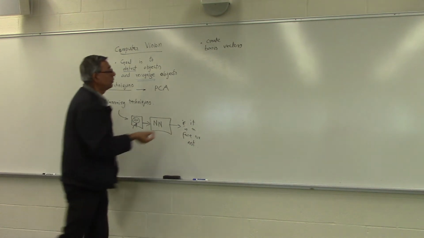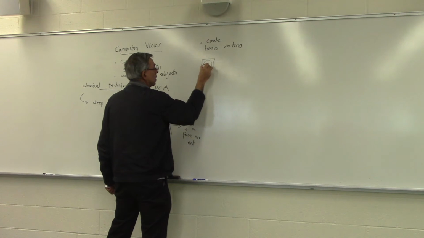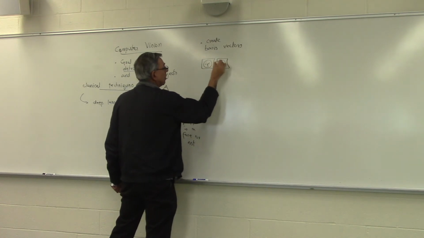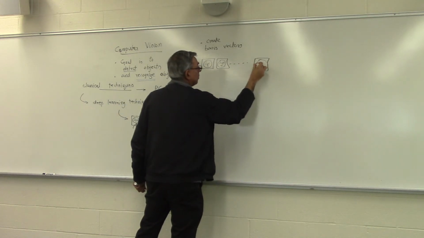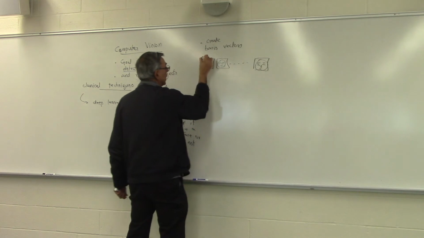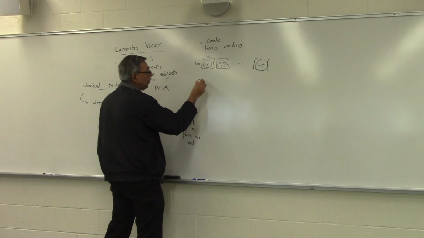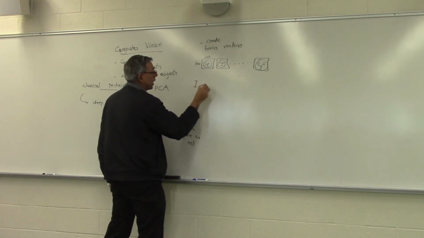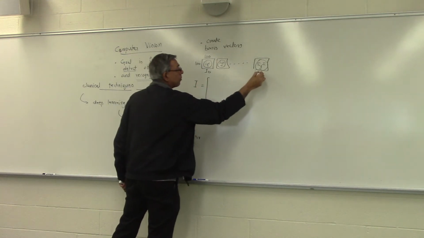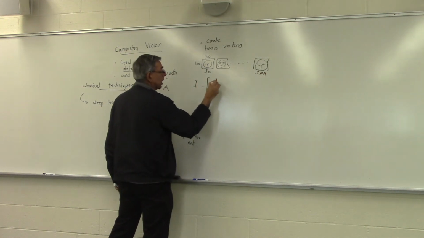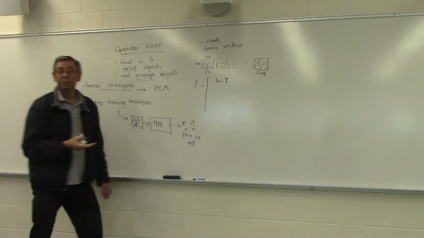Okay, so for example, let's say you are given faces of, let's say, 200 people. And let's say each one is 100 by 100, right? So if you recall, what we did is we created first some kind of a matrix where, suppose this is I0, this is I199. So we did I0 minus I bar. So this is the average image, right?